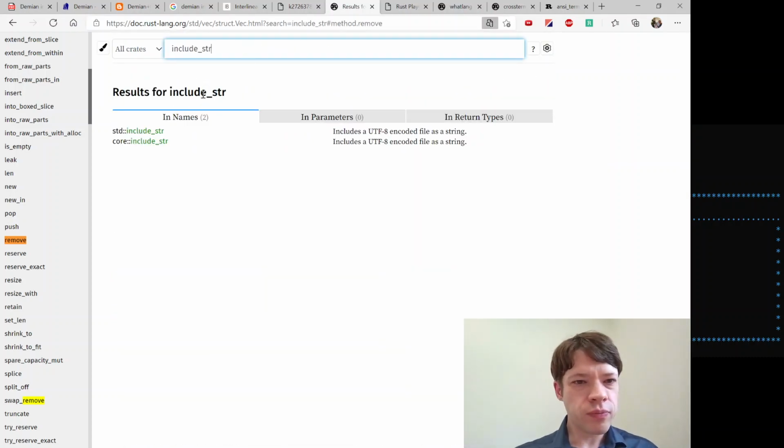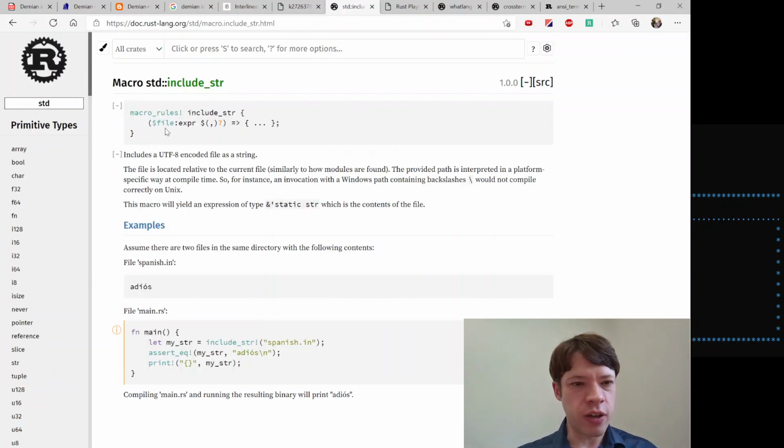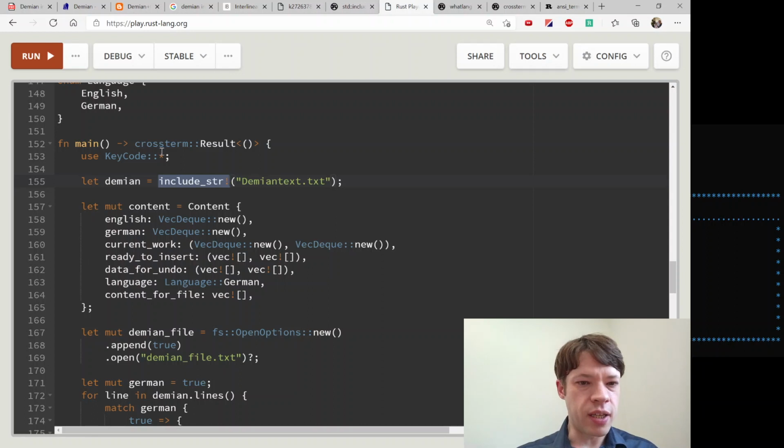All you have to do is put the name of the file in, and that's it. It turns into a str. And for me, I only have this one file, so there's nothing to check, and it's going to panic if it doesn't work. So that's perfect for me.